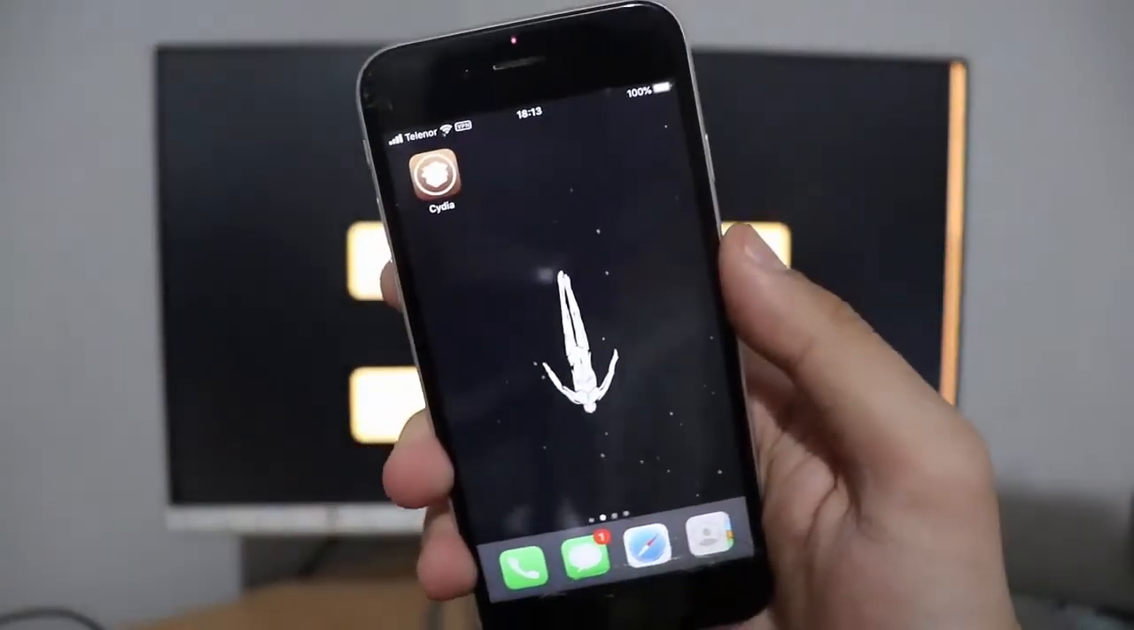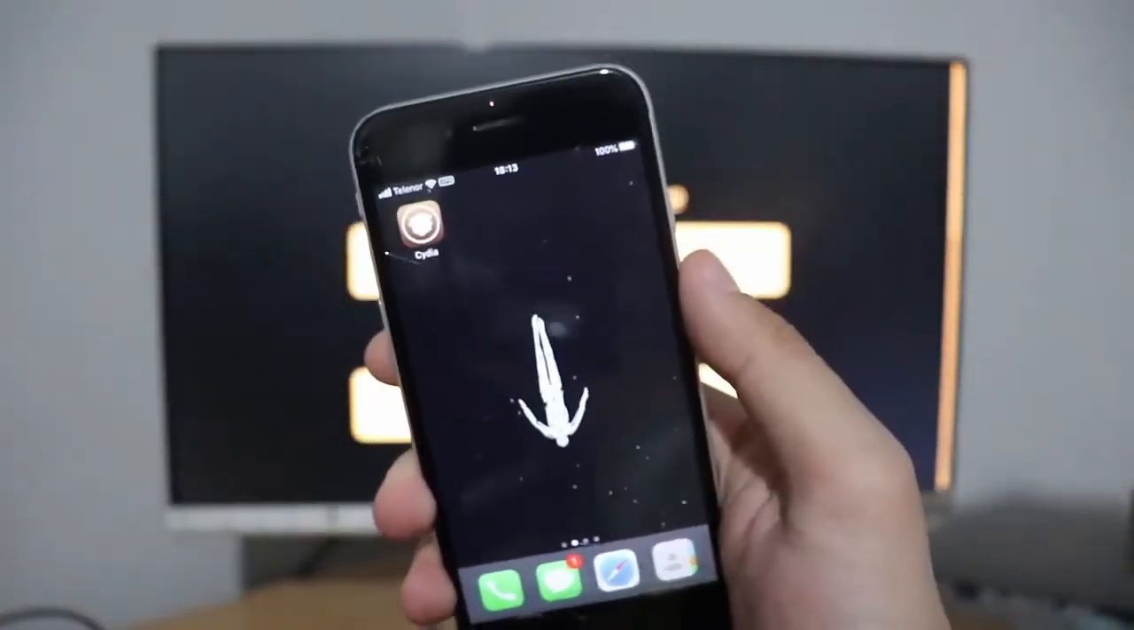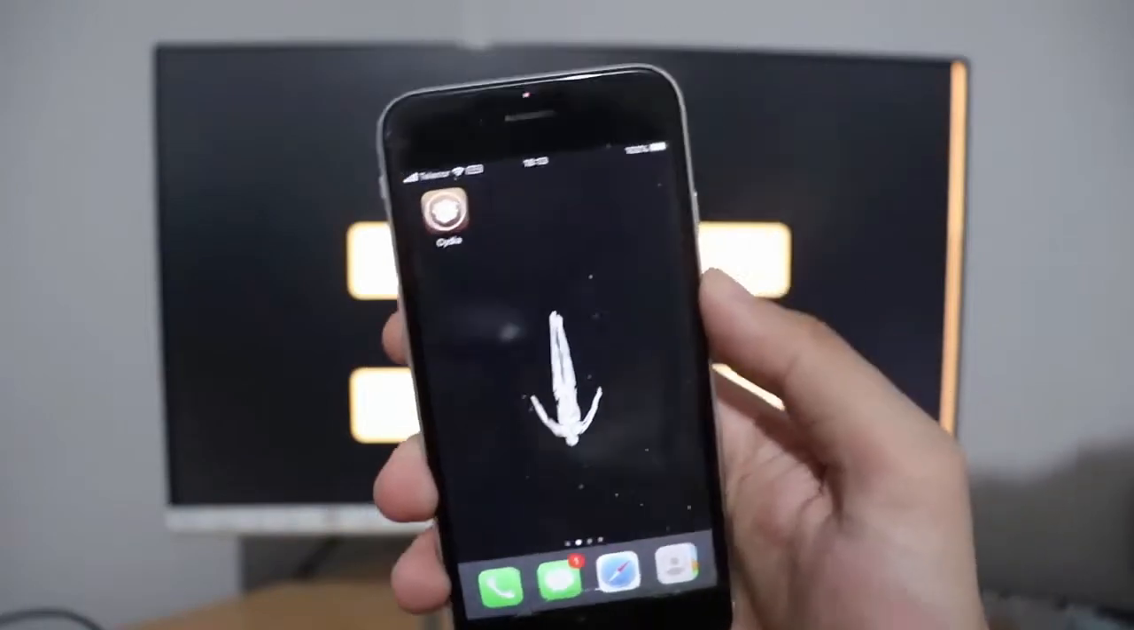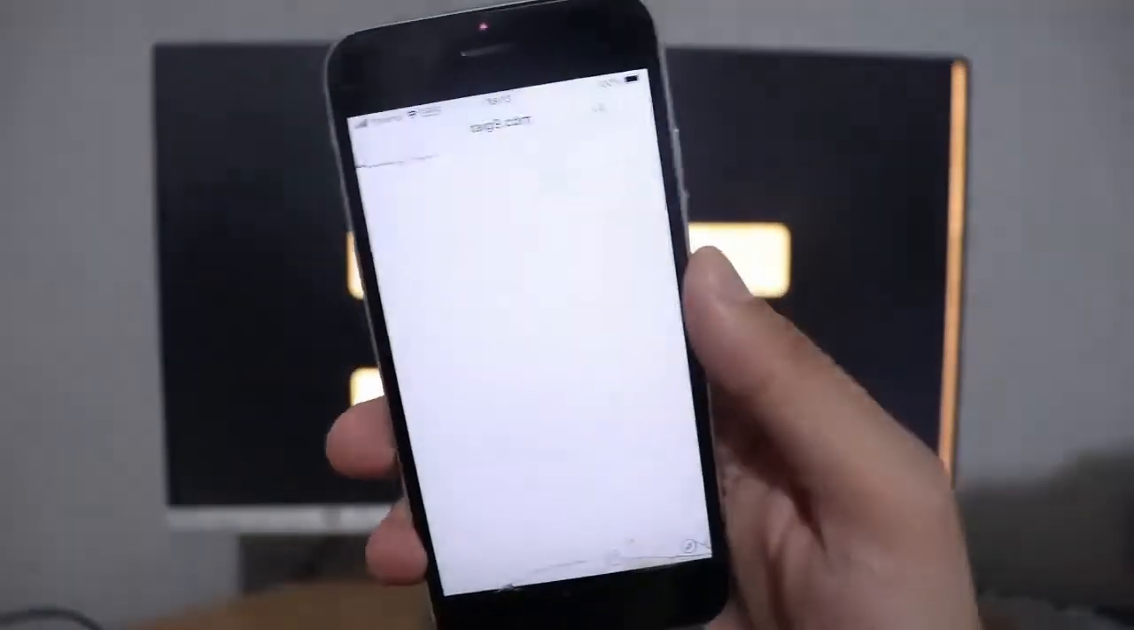And boom guys, isn't that just amazing? When I restarted my phone, look what I got. I got my free Cydia, so let's open it right now guys. And right there guys,